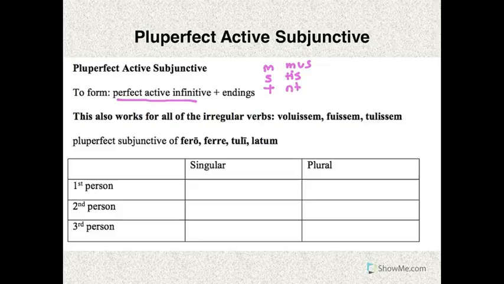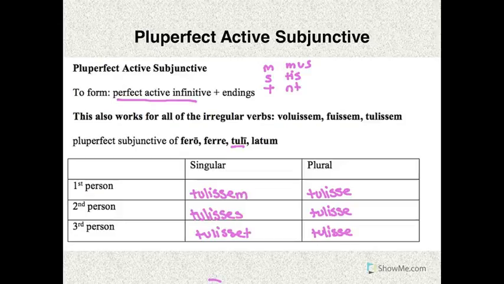So if we conjugate the pluperfect active subjunctive of fero, ferre, tuli, latum, we'll take our perfect active infinitive using our third principal part, and so we have the form tulisse, and write that in all 6 blanks. And then we'll add our personal endings m, s, t, mus, tis, and nt, creating the forms tulissem, tulisses, tulisset,